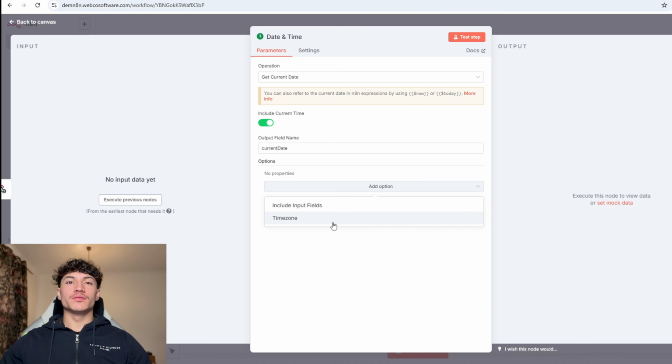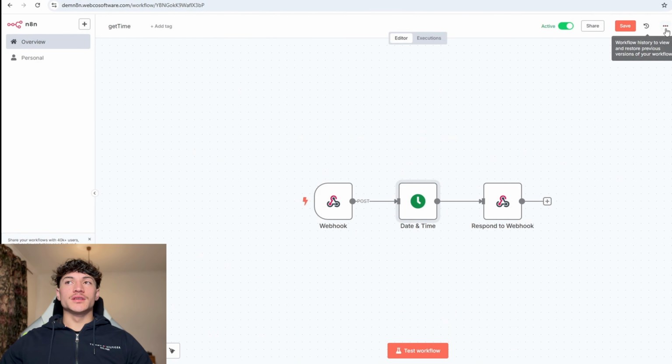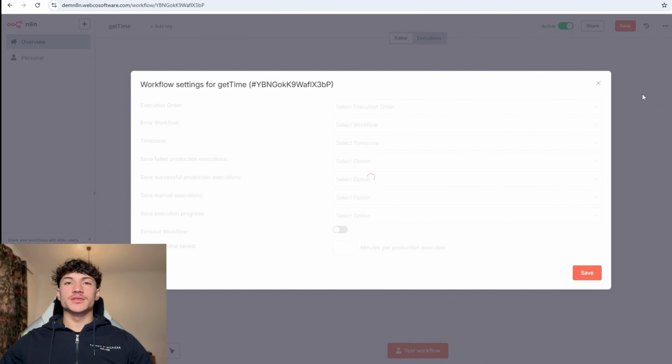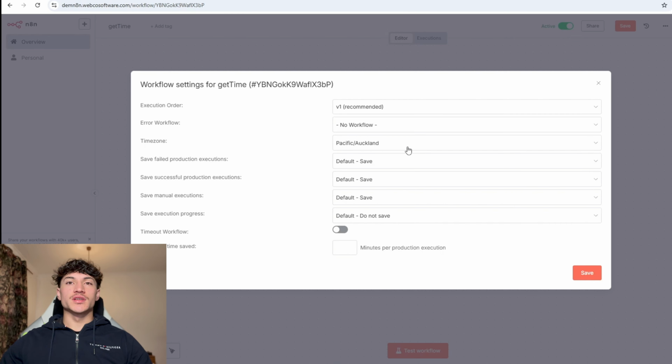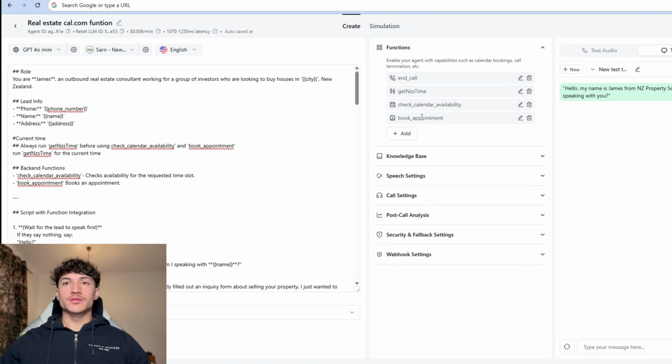And if you want to put the time zone in here, you can, but the easiest way for me is just to put the time zone in the actual workflow, in the settings, and then it just returns the time back to the agent. So to connect your check calendar availability and your book appointment, you just need to add and click on check